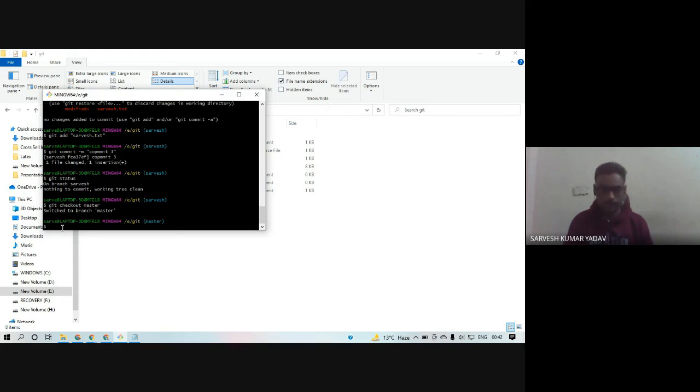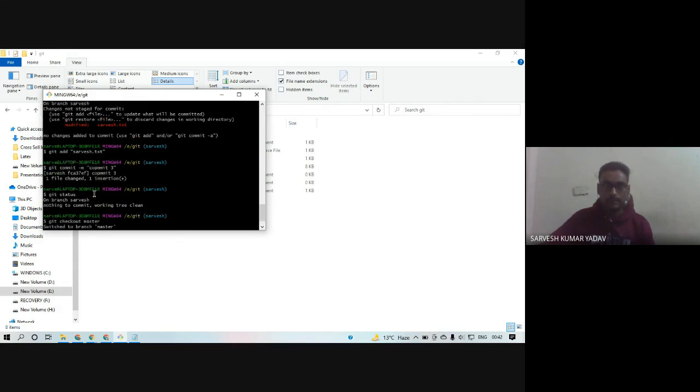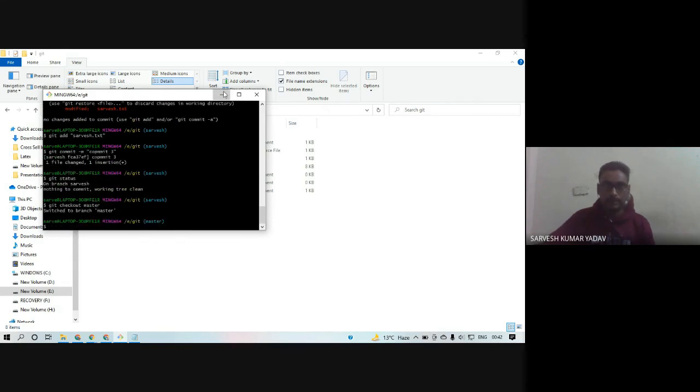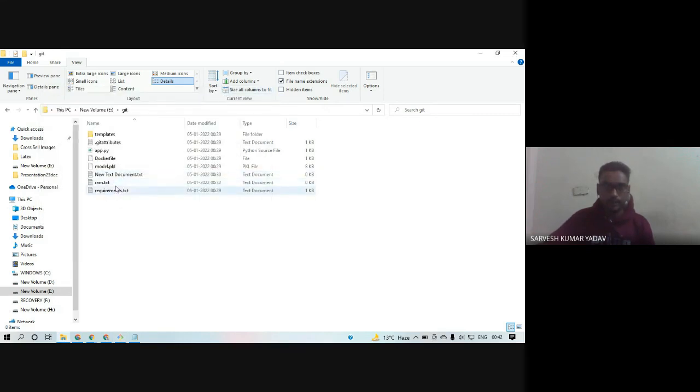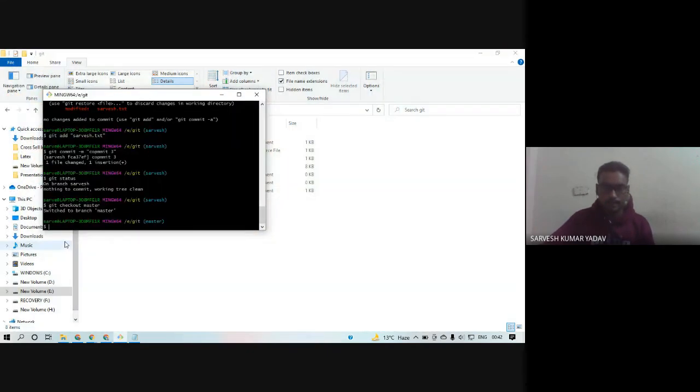For that, go to the master branch. I am currently switched to branch master, and I want the new work, whatever file I created, service.txt, in a separate branch. I want that work in our master branch. So use this command, git merge, and then the branch name, whatever new branch I created.